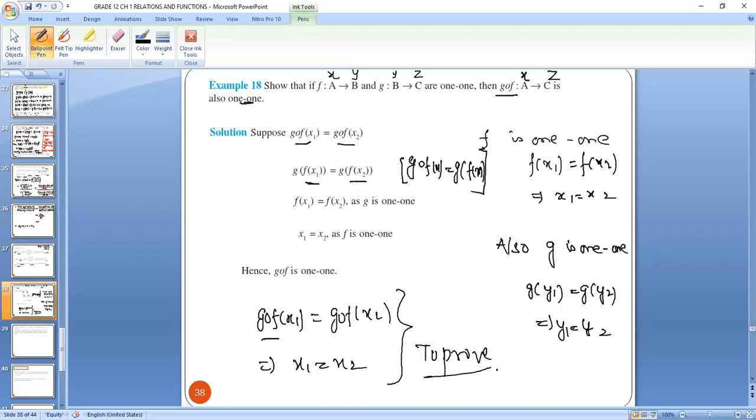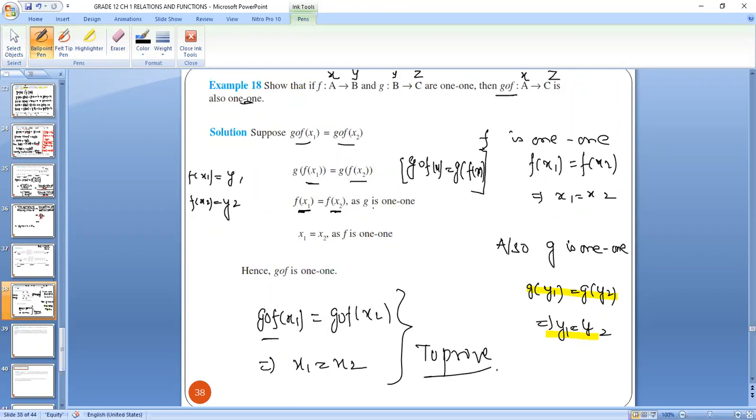Now suppose that in the bracket it is not F of X1, it is Y. Suppose that F of X1 is equal to Y1 and F of X2 is equal to Y2। आपको माइंड में सोचना है कि ये G जो ब्रैकेट में टर्म है ये Y1 है, और ये Y2 है। Then you know if G is 1-1, then G of Y1 is equal to G of Y2 implies Y1 is equal to Y2। बट अगर G 1-1 है और Y1 इज इक्वल्स टू Y2 है, तो Y1 की जगह यहाँ पे क्या आ जाएगा, G of F of X1 is equal to G of F of X2 implies F of X1 is equal to